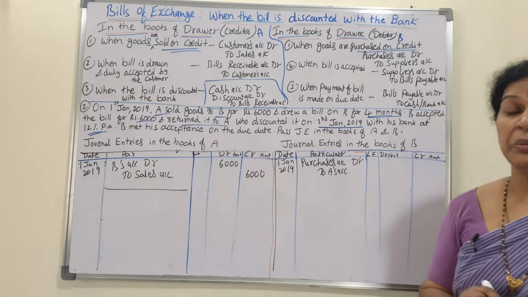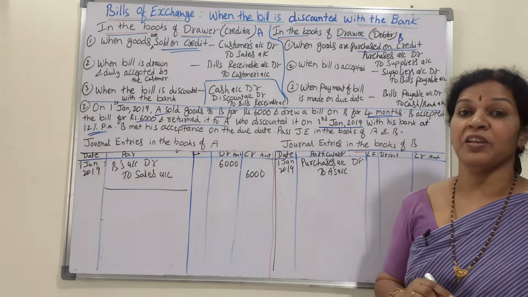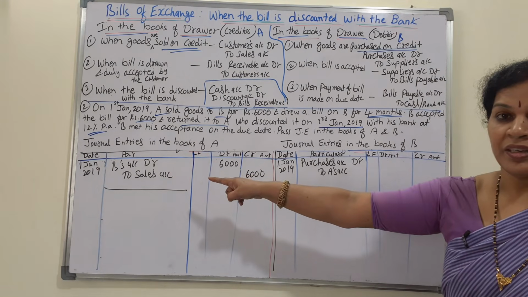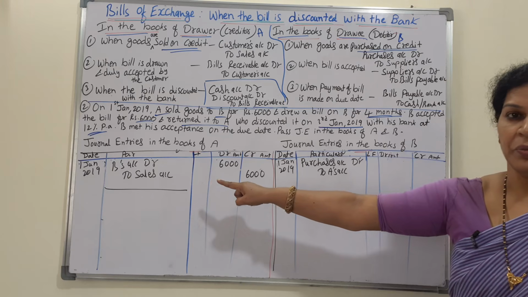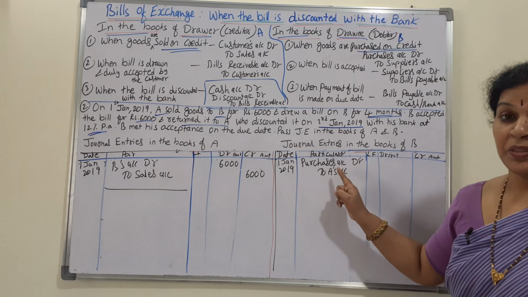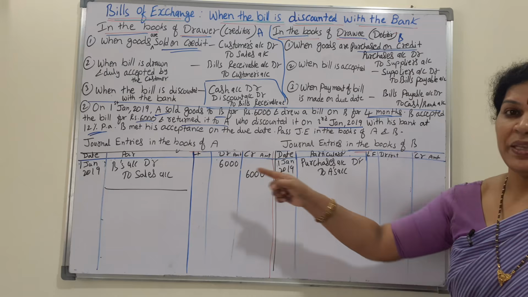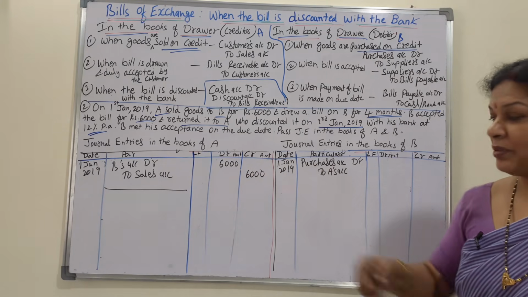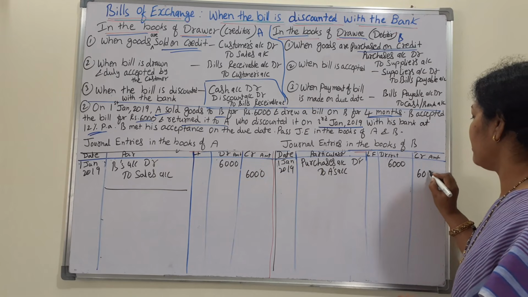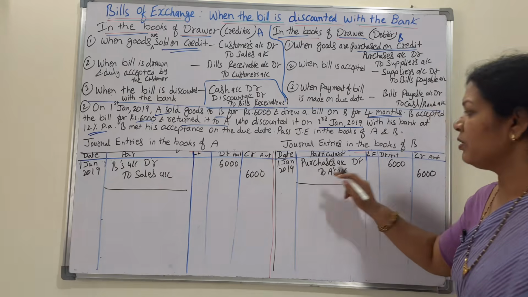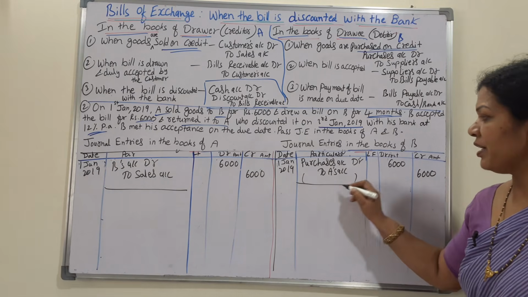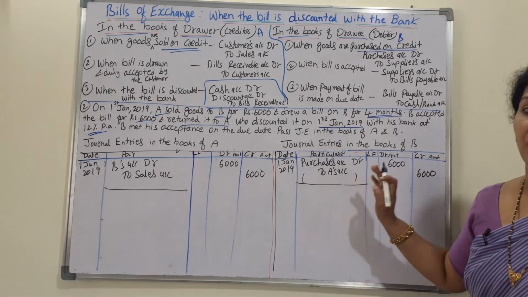Credit sales, always remember credit sales or credit purchases, we take the name of the opposite person. Credit sales means sales will always be on the credit side, we know. Opposite person is A. Now here purchases, credit purchases, purchases debit to the opposite person, here A. So A's name we have taken. Amount is 6,000. So what do we write? Being goods purchased on credit. In brackets you will write being goods purchased on credit.